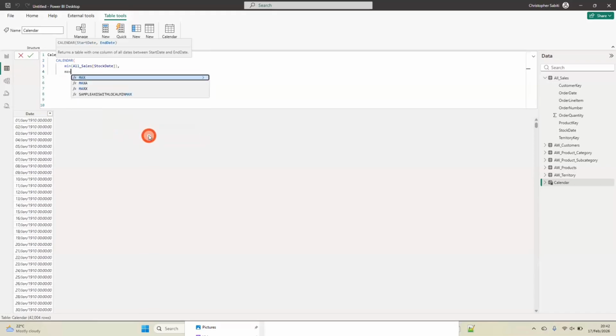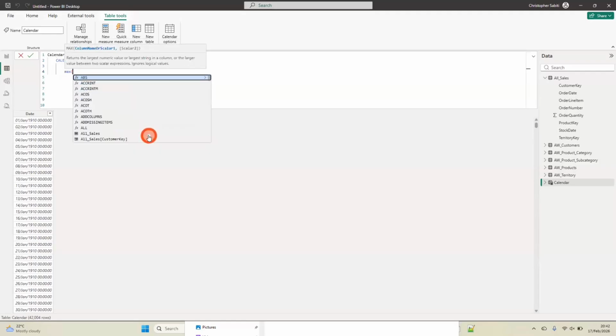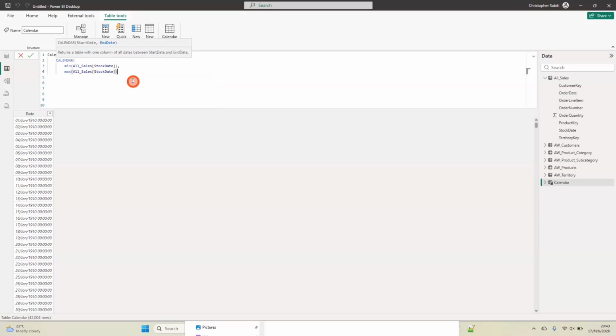Then I'll say maximum, open, then look out for the table. You can even start typing the name of the table and it will bring the other options. Even if you start typing with stock, it will bring the stock date on top. You see all cells, then stock date. Then I'll close this. Then you close the other bracket that is at the top of the calendar, close that